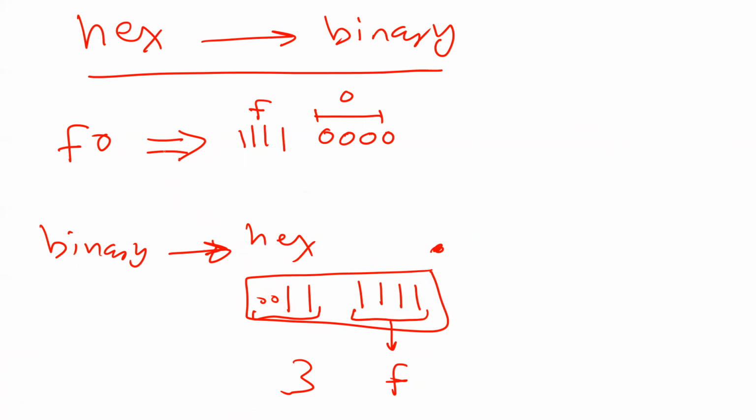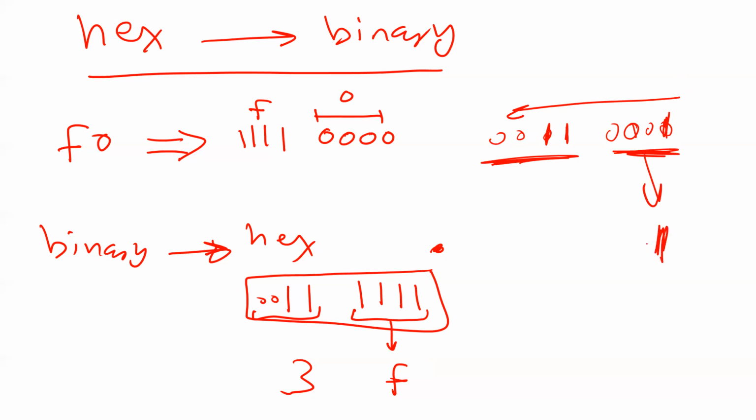So for example, if you have 1, 0, 0, and then I have here 1, 1, for example. If I have something like that, from right to left, you have to make groups of 4. So this is one group. And then I'm going to add 2 zeros here to make another group. This is number 1, so it should be 1. And this is number 3, should be 3. So this should be 31 hexadecimal.